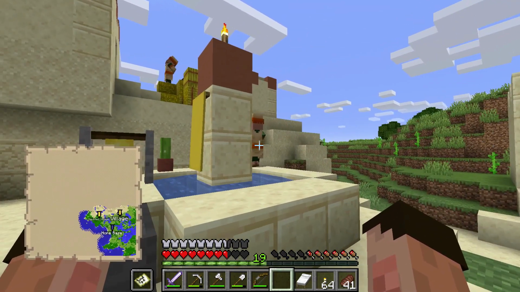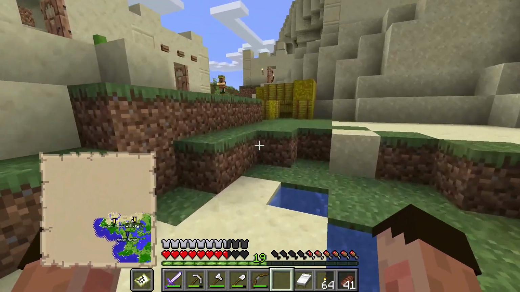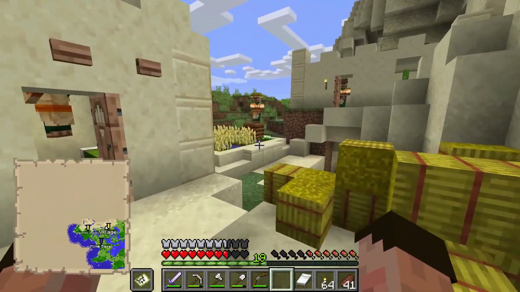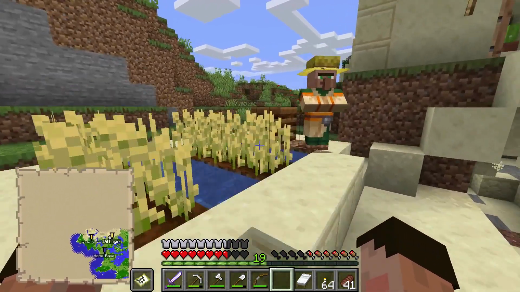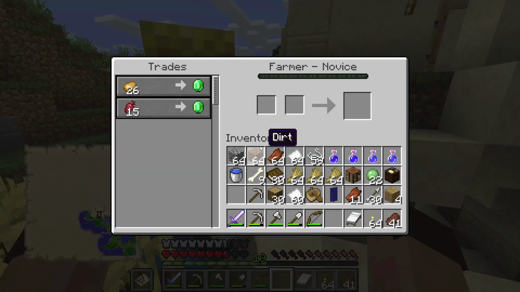Right, these villagers don't look like they've got professions. Ah, there's one with a profession. There is our friendly neighbourhood farmer. Hello, Mr. Farmer. Would you like to trade with me? Now, trade him with villagers. If I just come out...